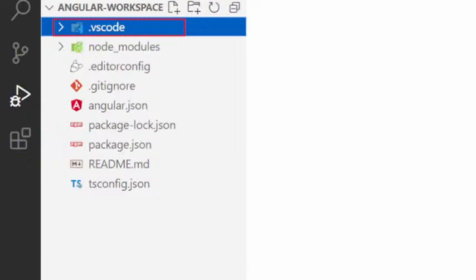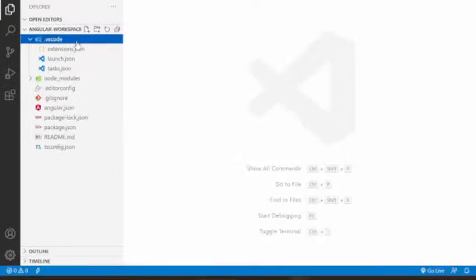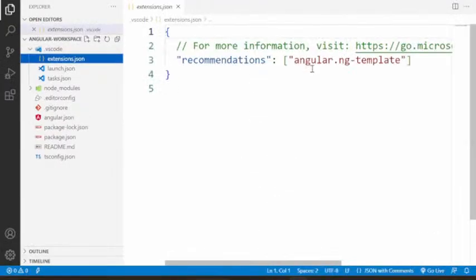But for Angular, there is a plugin called Angular ng template. This is the plugin. It is a recommendation. It says that you install this, then you will get better help on Angular.